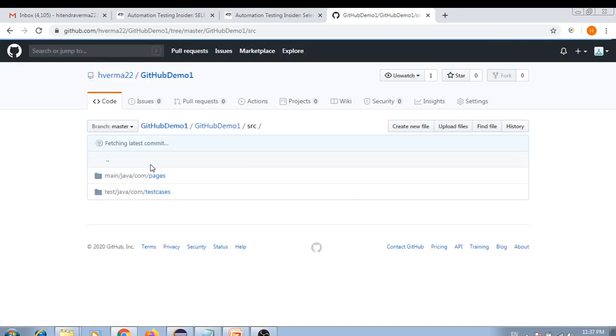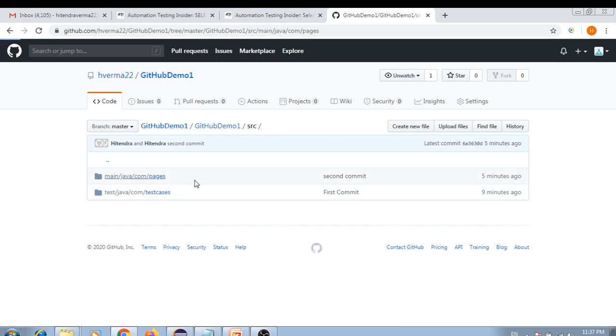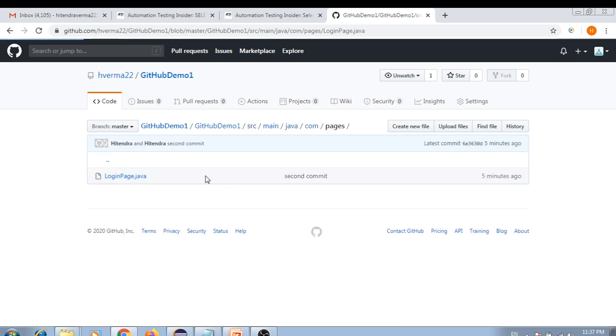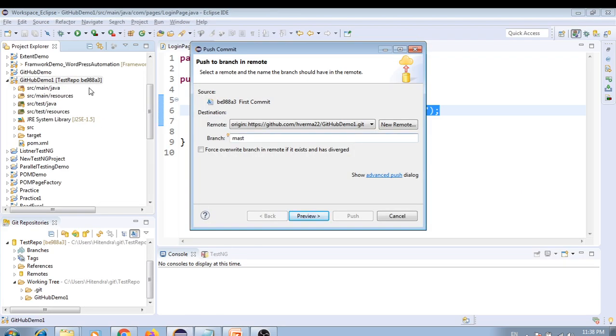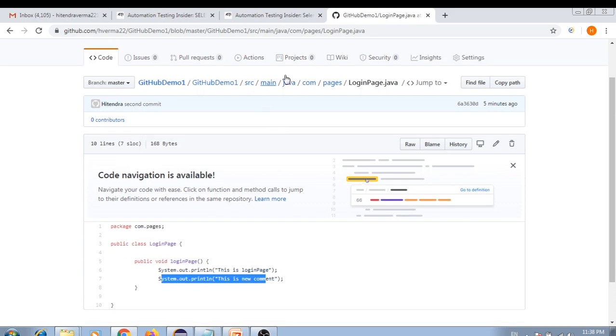And if you go to src, the pages package, LoginPage.java, you will see the comment as well, but here we have reverted those changes. Now I am pushing the latest reverted changes to the master branch, to the remote repository.